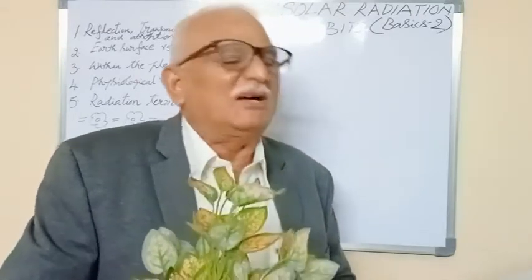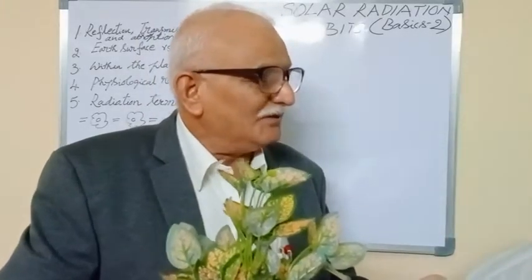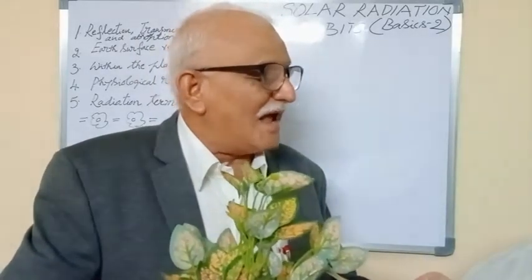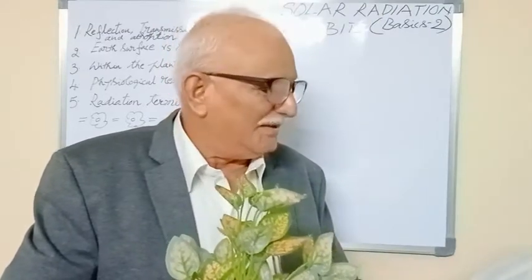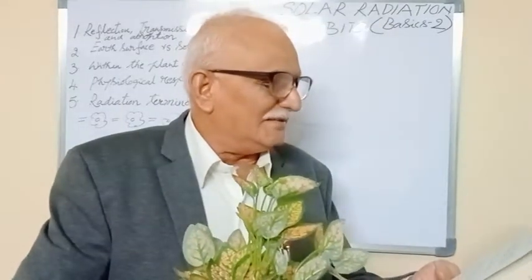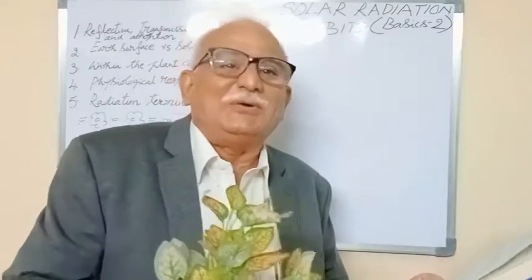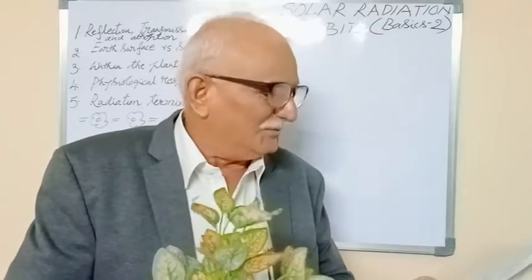In this, 2 bits are most common. What are those? See, the leaves of cereal crops like paddy, wheat, etc. have a transmissivity from 5 to 10%. 5 to 10% is the bit. Of course, arrangement of the leaves: the relative light intensity intercepted by horizontal to erect foliage is 1:0.44. This bit will come.